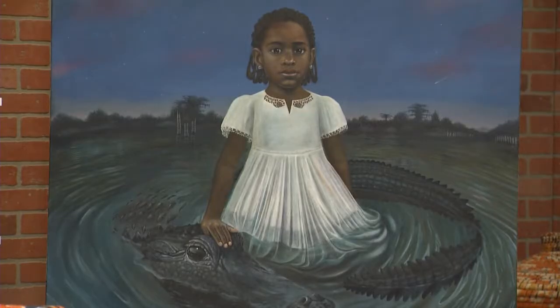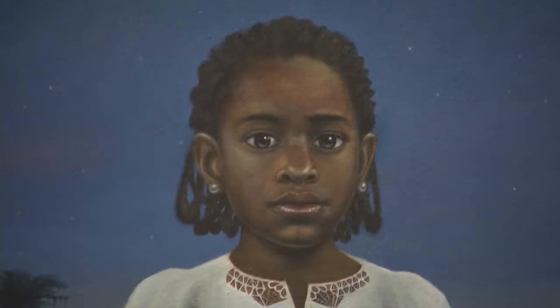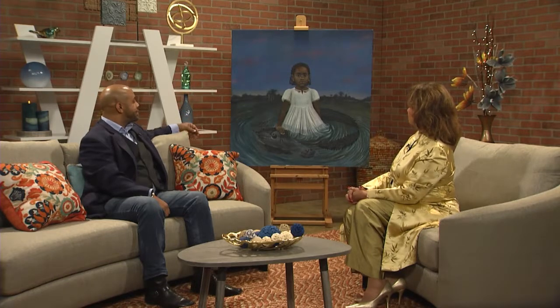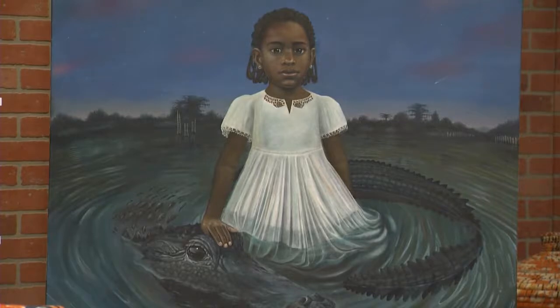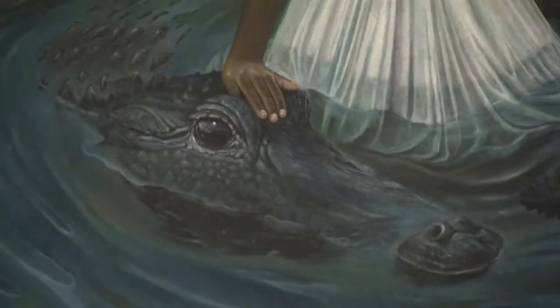Wonderful. One of the women that we see in your work is represented right here in the studio. And I understand this is an allegory of a myth? Yes, actually it's an allegory of a bit of history that's not been talked about. This is called A Forgotten Allegory of Souls, and it depicts a reclaiming of history and a healing, whereas it's not shown a lot in history that sometimes kids were used as bait back during slavery for alligators. And I thought that was just horrendous, and trying to get into the mind of those children and the fear and the terror, and I wanted to heal that part of history by depicting this as a symbol of strength and